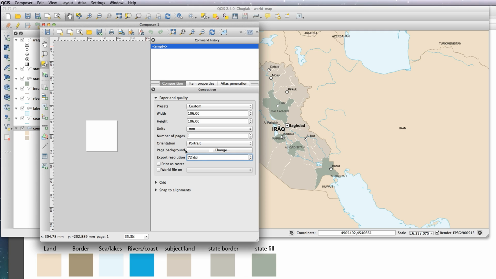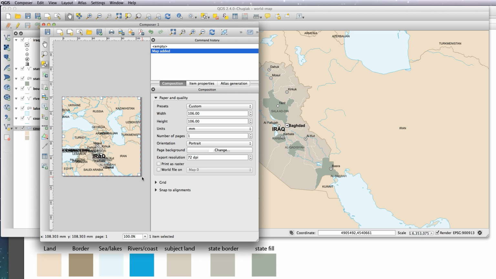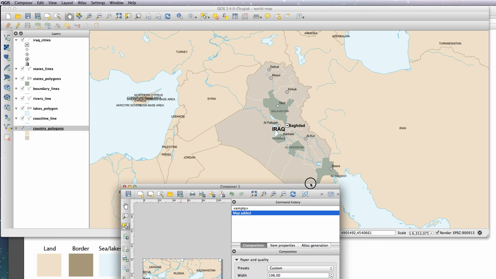So, I'm going to do it as a web map, so the export resolution will be 72 dpi, and I'm just going to click this one-to-one button, so that's going to be the size of my map. Now in order to get your map in here, you click this button here, add new map, and then drag a rectangle over your template, and that's basically what it's doing, is trying to fit your window here